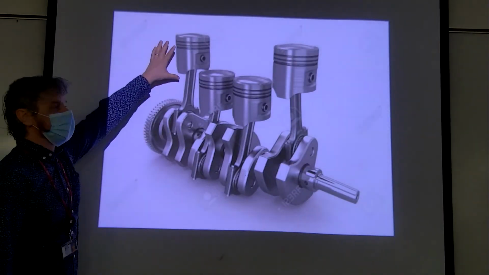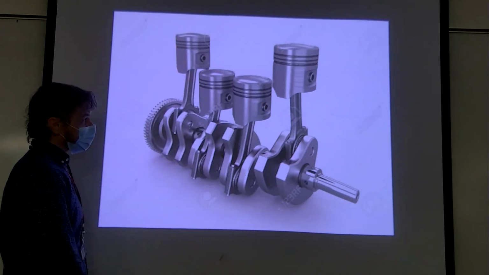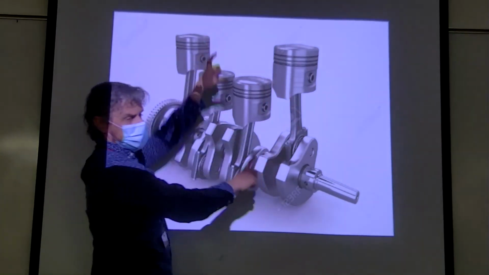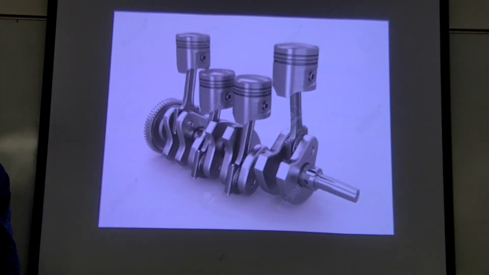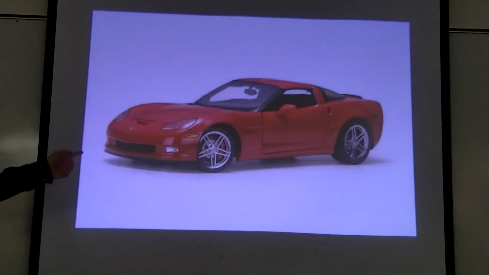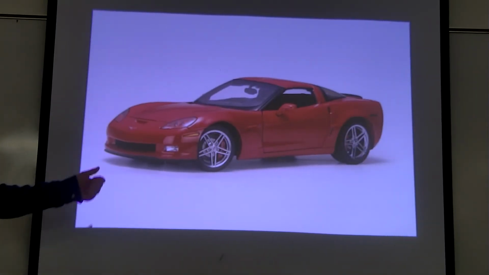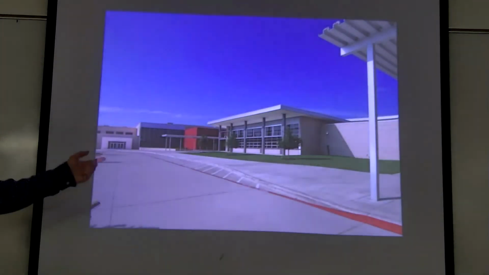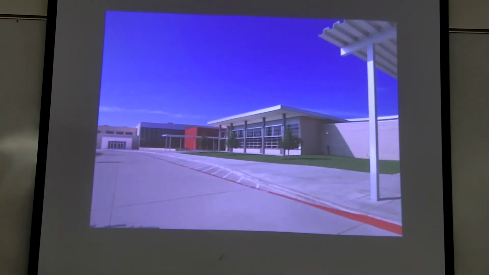This is a picture of pistons in an actual engine. And as one goes down, the other one goes up, so it's like a cyclic process. And then it makes your car go. My car. And then you get to school today. So literally the energy that you used to get to school today originated in the gravitational potential energy of the giant gas cloud that then formed our solar system, which is pretty cool.